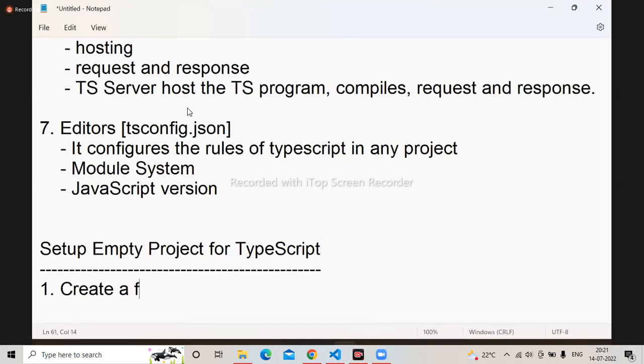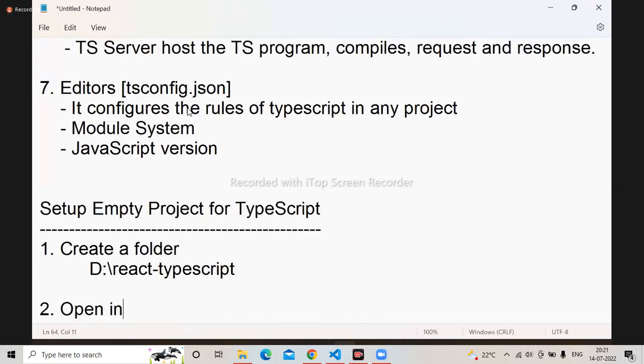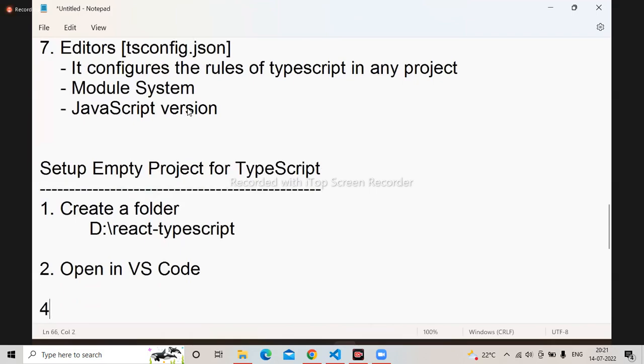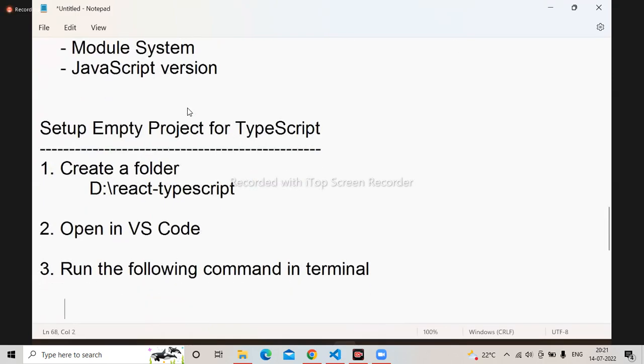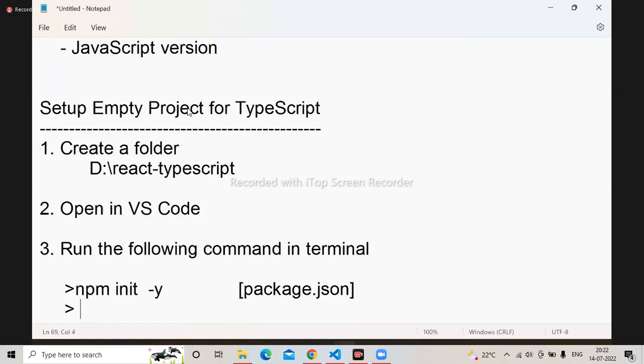First, create a folder. I created a React TypeScript folder, but you can use any location, and open it in VS Code. Then you just run the following commands in the terminal. That is npm init, which will generate package.json, and we have tsc --init. This is going to generate